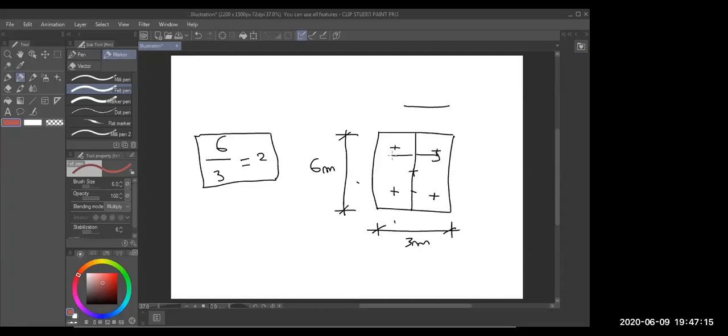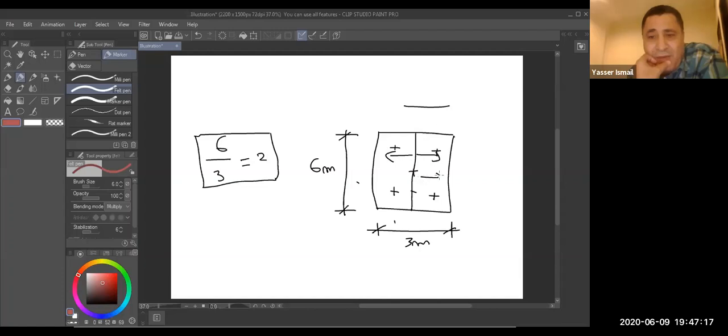Good direction. This way and this way. This is a one-way slab. So we study the effect of the load in the slab, until it reaches where? Until you reach the ground floor, the foundation, to the soil.